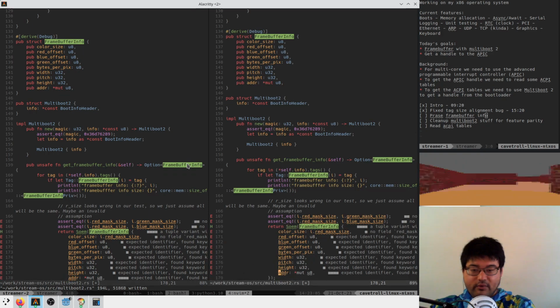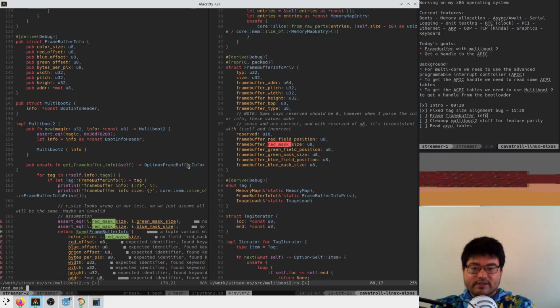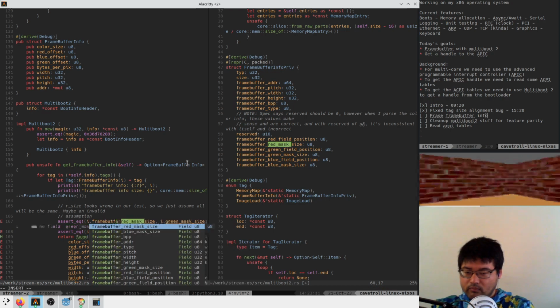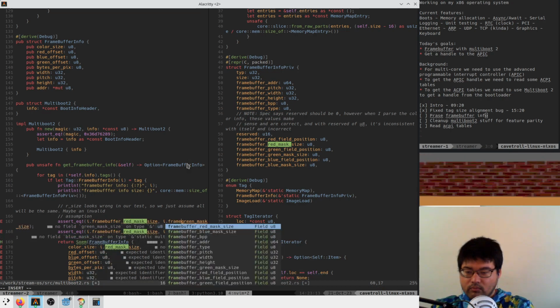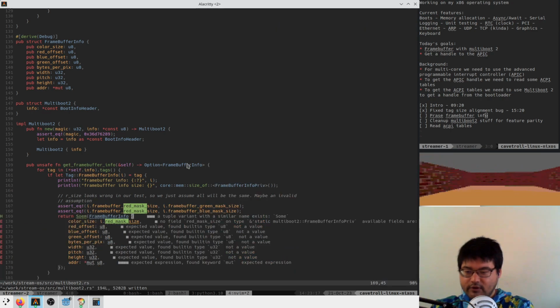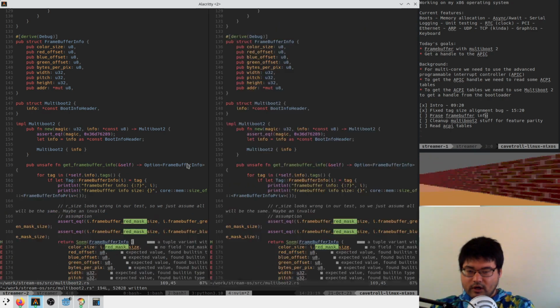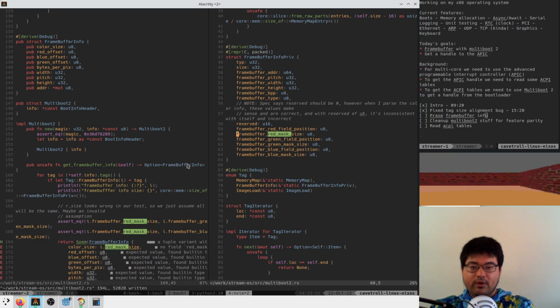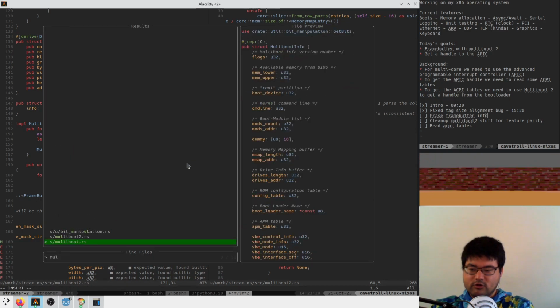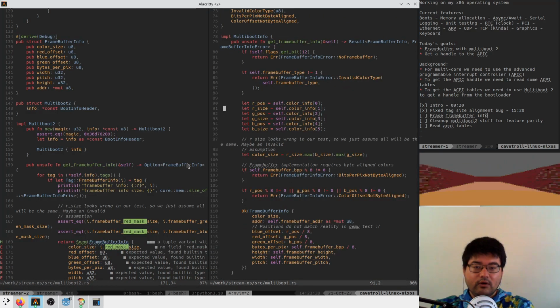Okay, what else do we have here? We have red mask size. Oh, this should be frame buffer red. Oops. Like this, we throw a frame buffer in there. Oops, I added a space. Get rid of that. Oops, I didn't mean to get rid of that either. So then we have green field position. So now these are right. Were my offsets in multiboot 1 in bytes or in bits? They were in bytes.